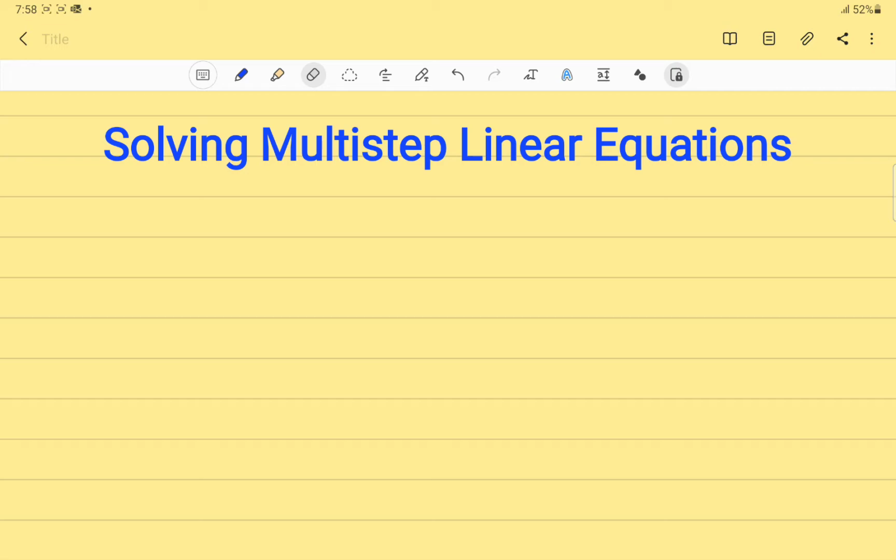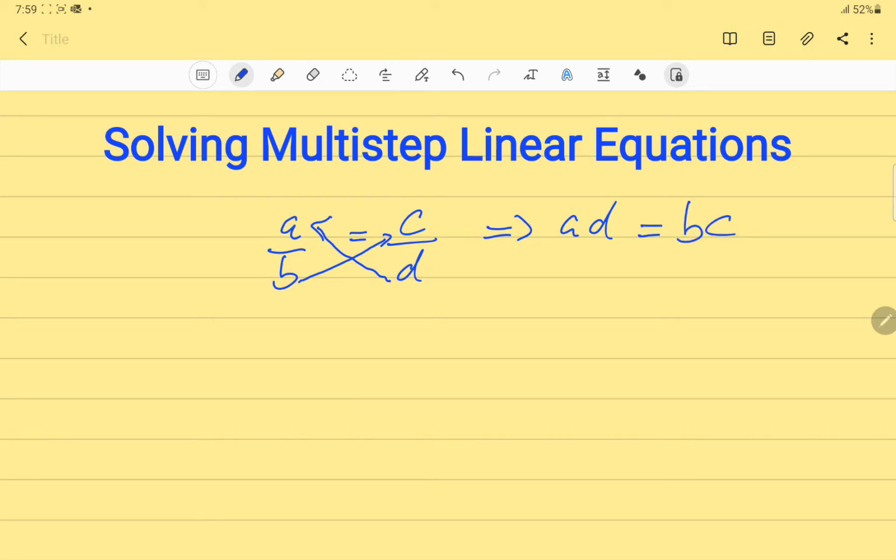Like, what is cross multiplication? Let us have some idea of that. Suppose we have a fraction a over b, and on the other side of the equation c over d. So cross multiplication means b will multiply with c and d will multiply with a. So we will have ad is equal to bc. This is what we call cross multiplication.